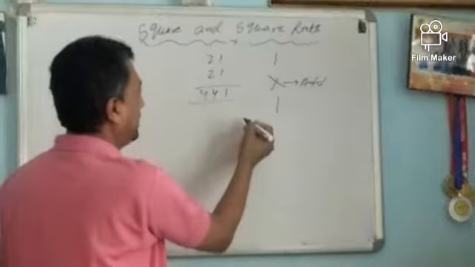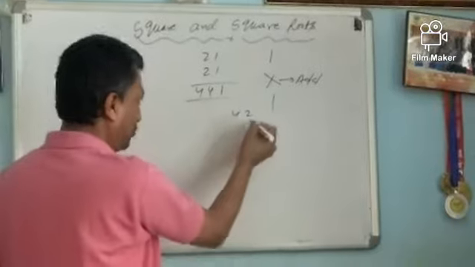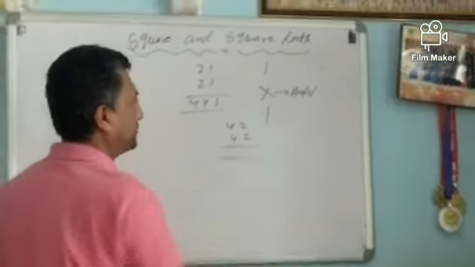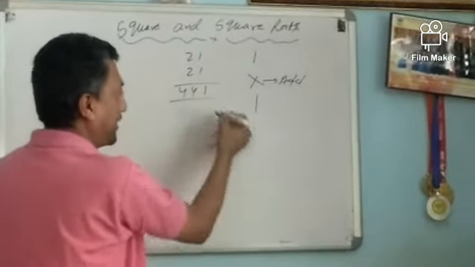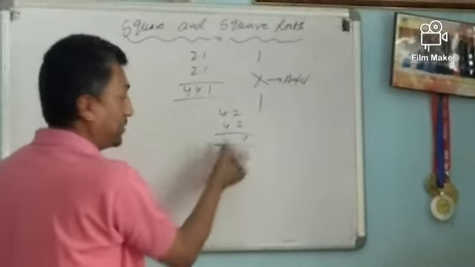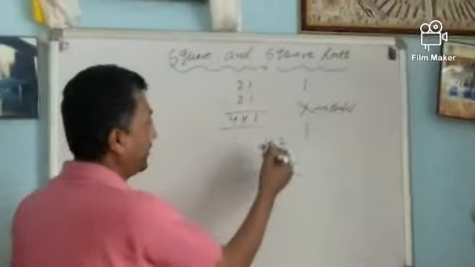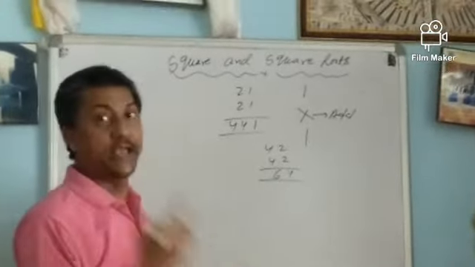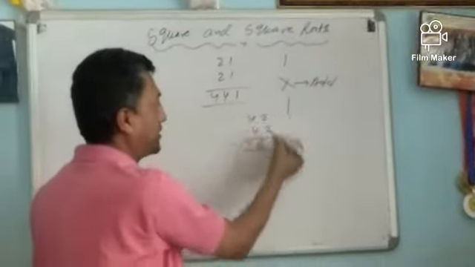We can see another example also, maybe a different question with the same number, maybe 42 and 42. The same way: 2 2s are 4. Single means the first one. We again cross: 4 2s are 8 and 4 2s are 8. That means 8 plus 8, 16. 16 is there, and what is the carry? 1. So 4 4s are 16 and the carry was 1, so 16 plus 1 is 17.